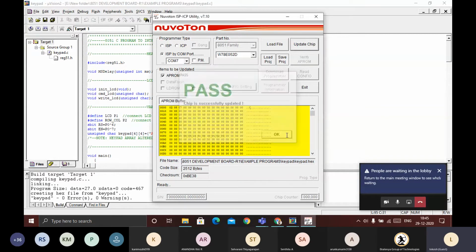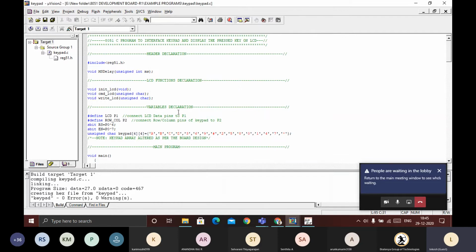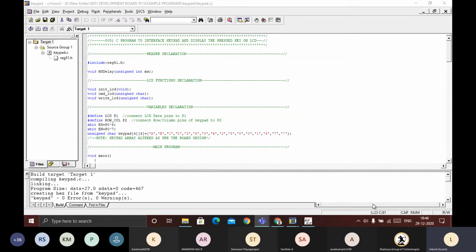After it passes successfully, you can see here the message. Sorry, what we have given is the 4x4 keyboard. This is the data we have given in the 4x4. You can see that.